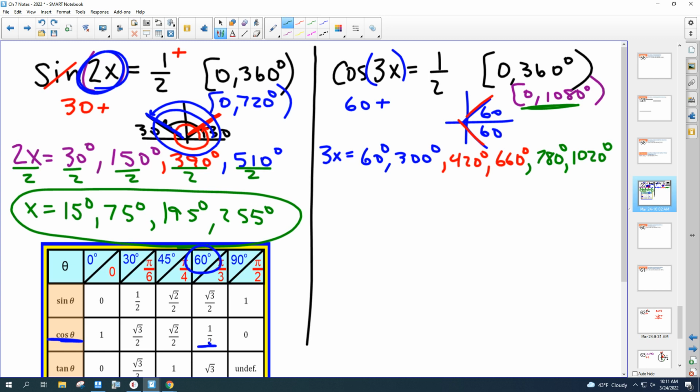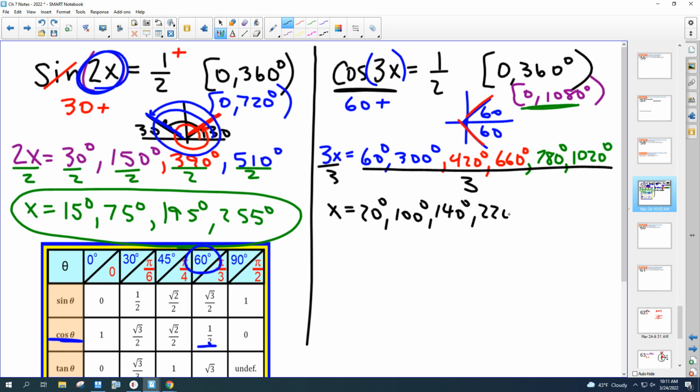Just make sure you finish. To isolate this variable, we still have to divide by 3. You can recognize that at the beginning of the problem, you're going to have to divide by 3. So we take all of these numbers and divide by 3. I might need a little help here. I'm going to get 20 degrees, 100 degrees. I think that's 140. 220,